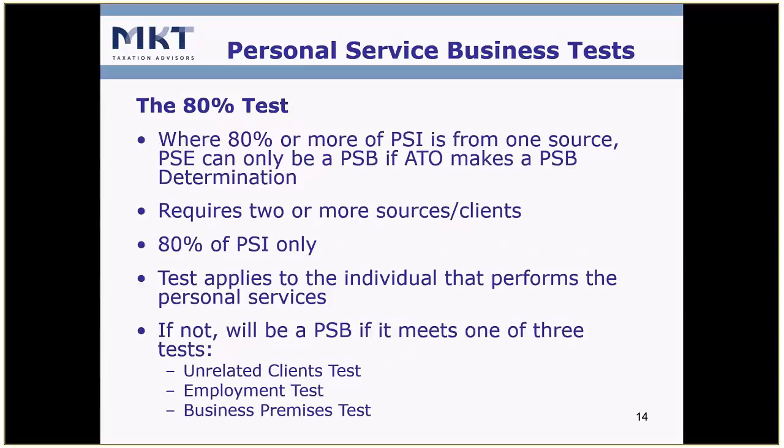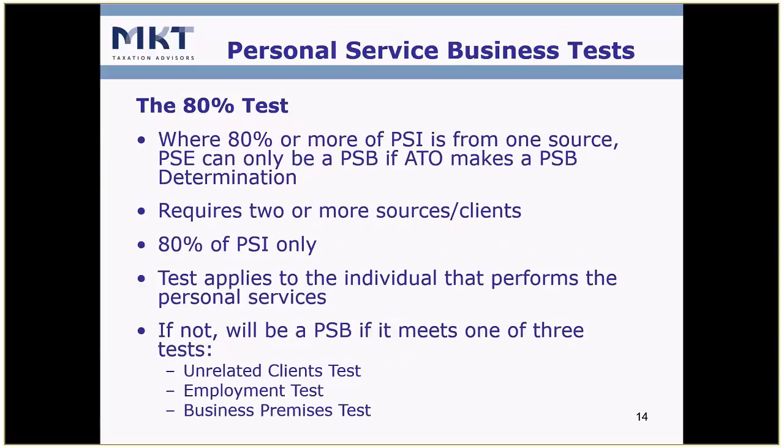The 80% test says 80% or more of the PSI is from one source. So it's a bit of a negative here. You actually want to fail that test. If you pass that test, i.e. you work at Woodside, and that's your only contract, then you wouldn't get through that test. You would pass it, which means the only way you could be a PSB would be to go to the